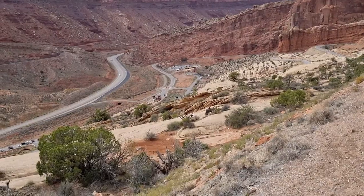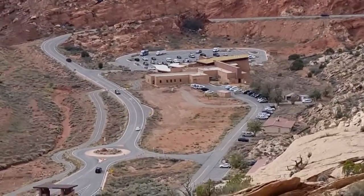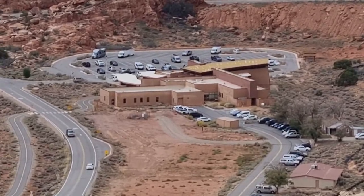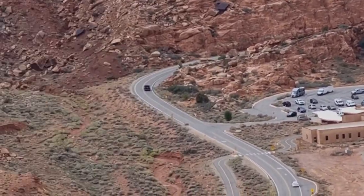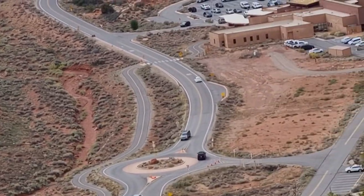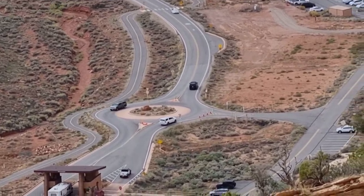It's just after 2 o'clock in the afternoon, and about 20 minutes ago I arrived in Arches National Park. I stopped off at the visitor center down there to get a couple of maps and speak to the rangers about hikes for tomorrow. And then I was gonna go and find a campsite, but then I decided it's still early, and let me